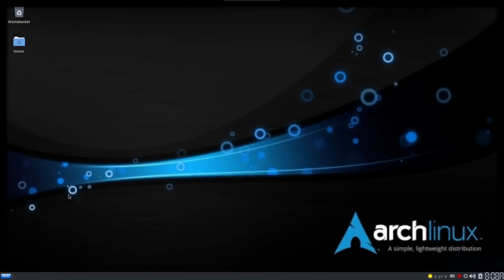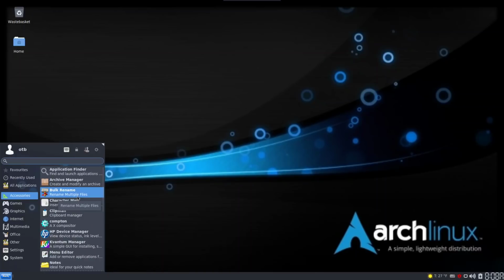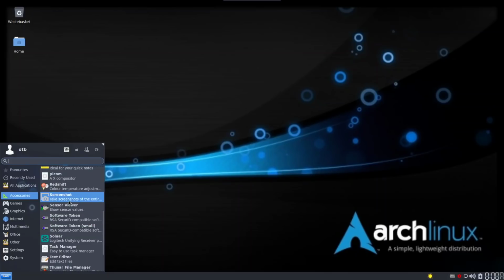Let's have a quick look at what applications are installed by default. This is just a very brief overview today. So if we go into accessories, we've got the archive manager, bulk rename, Compton as a compositor, the HP device manager, Kvantum. Right, I have no idea what Kvantum is, but looking there, it seems to be a GUI for installing, selecting, and manipulating Kvantum themes. The menu editor, notes, picom, Redshift, a screenshot application, sensor viewer,